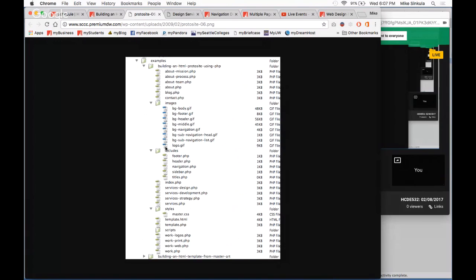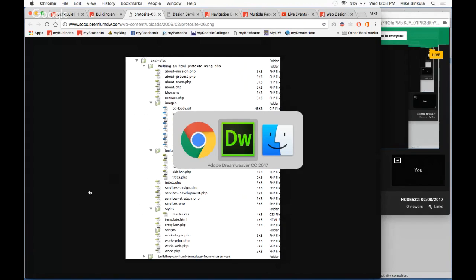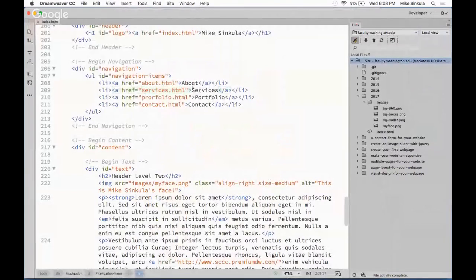So what we're going to do then is make a series of pages, right, and then have an about section. Now, we're not going to do any subpages. You can if you want down the road, but we're just going to work on the main pages. We're going to have about, PHP, contact. What are the other navigation items that we have so far? So we're going to have about, services, portfolio, contact, and